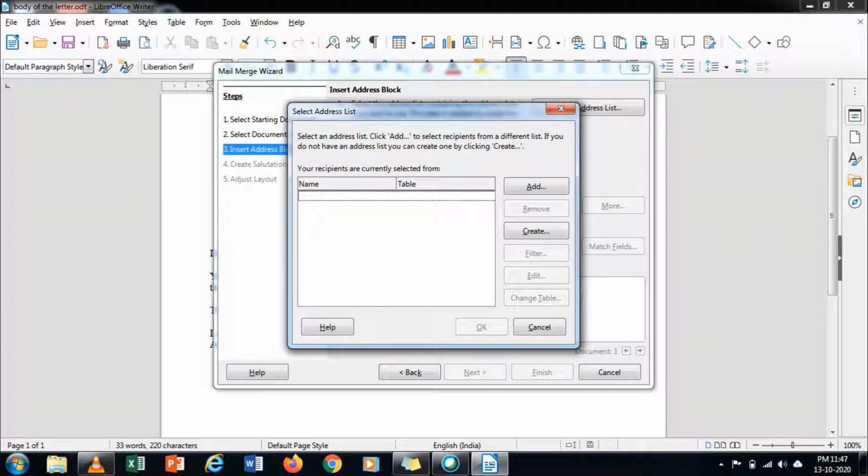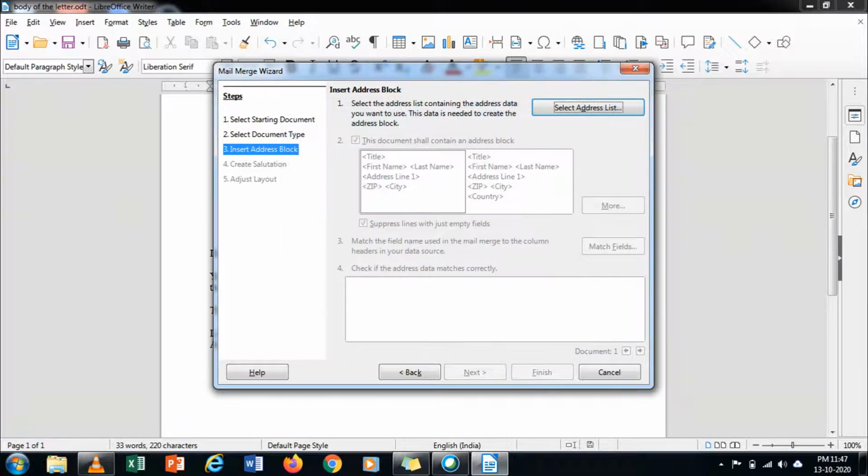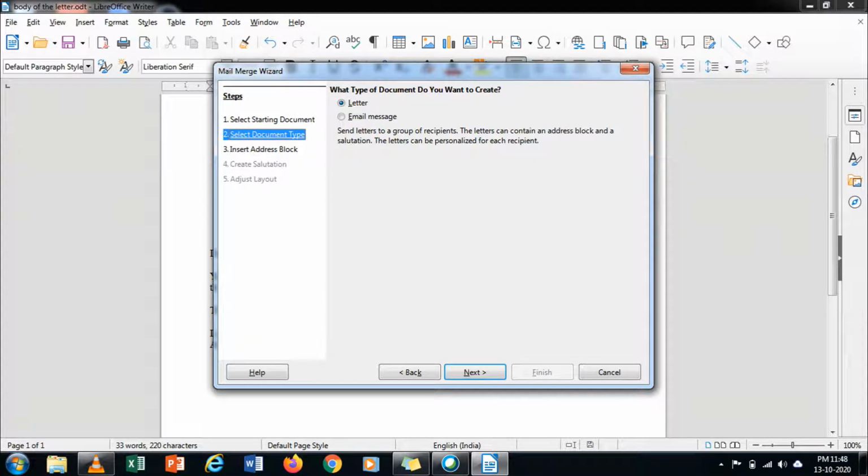Insert address block. With that you have to choose select address list. Okay, in select address list you have to click create. Create is there, no? You have to click the create button. Then new address list.